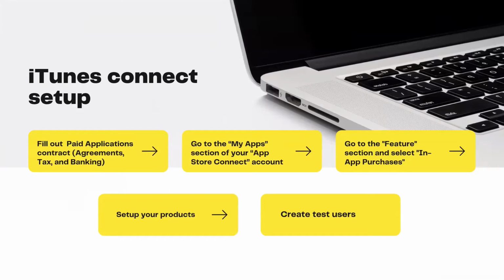Then you need to create one application on iTunes so that we can add the products there and connect our application to iTunes. And then we need to set up our products and add the test users, sandbox users, in iTunes.